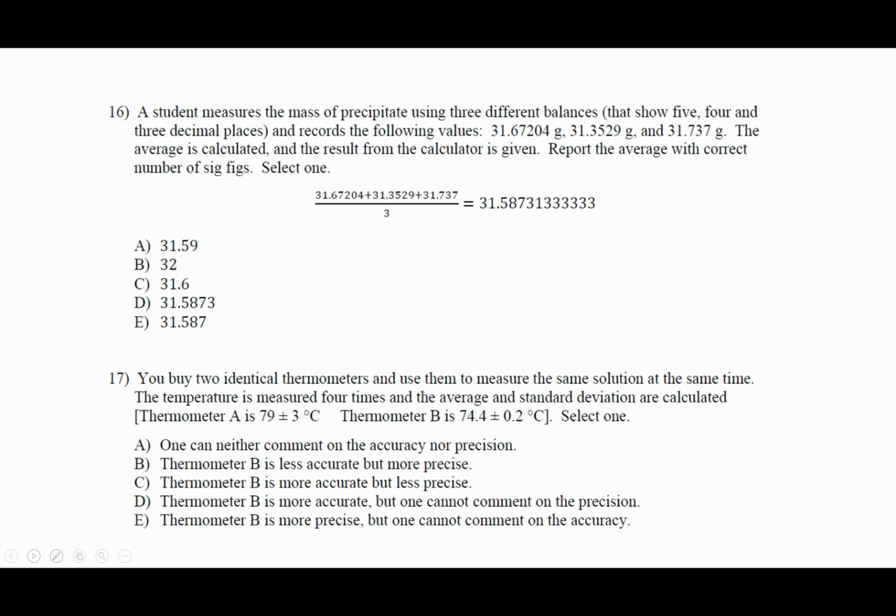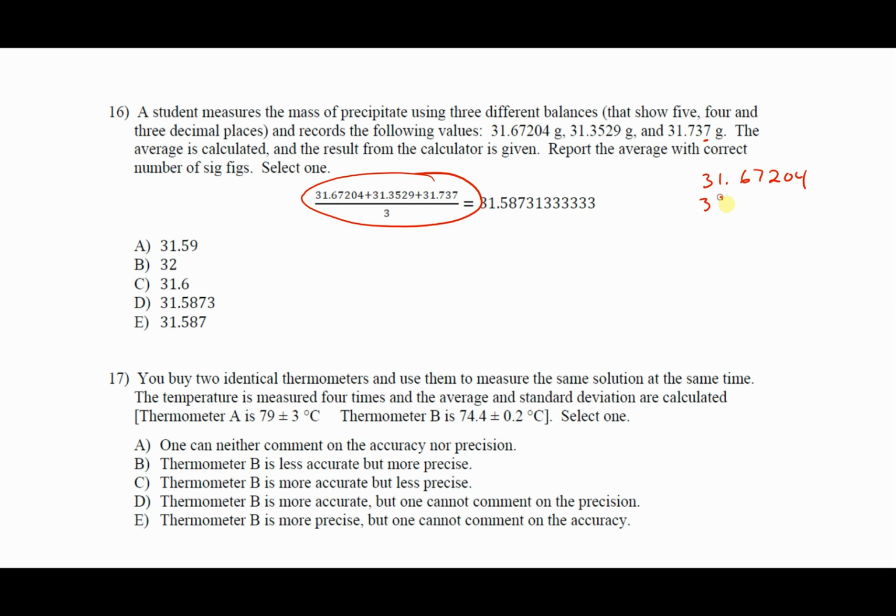Okay. A student measures the mass of precipitate using 3 different balances that show 3, 4, 5 decimal places and records the following values. The average is then calculated from this. What is the number of sig figs you report? Well, if you remember, when you do your addition in this, what really sets your value is going to be the one with the largest uncertainty, right? So you have